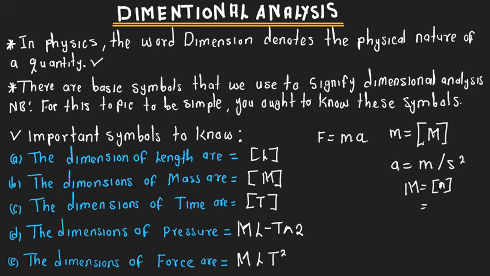Of course, we are going to put a big letter T to the power 2, like that. So this is the same as if we replace, in the formula, acceleration in terms of dimensions. While there is m, I'll put the dimension of mass, which is big letter M, and then while there is second, I'm going to put